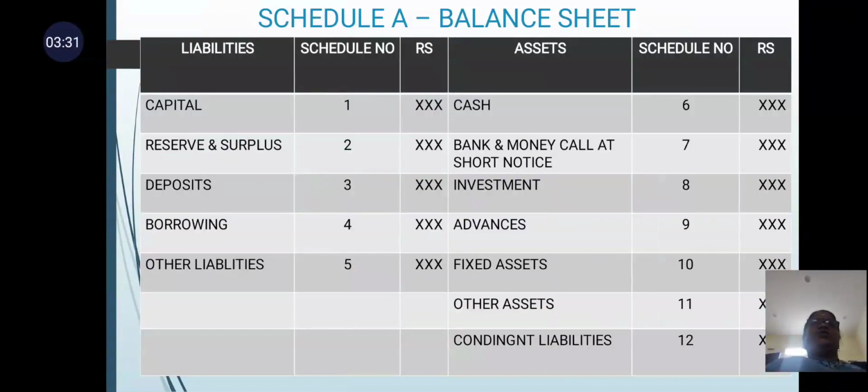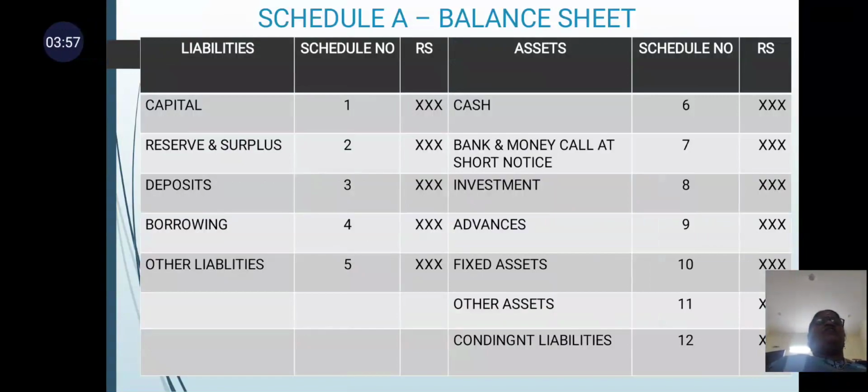Deposits, which hold fixed deposits, term deposits. And borrowings, where the banker borrows money from other banks, either RBI or other financial institutions or other banks. And other liabilities, the bills payable and provision for bad debt, provision for doubtful debt, all the liabilities come under